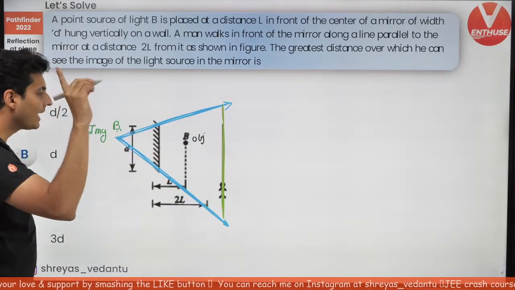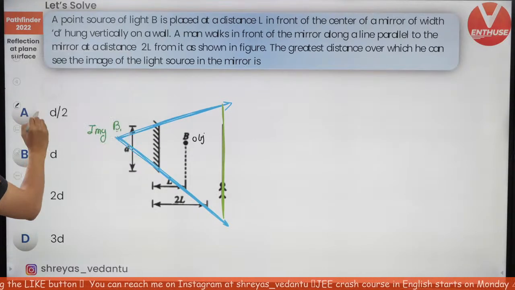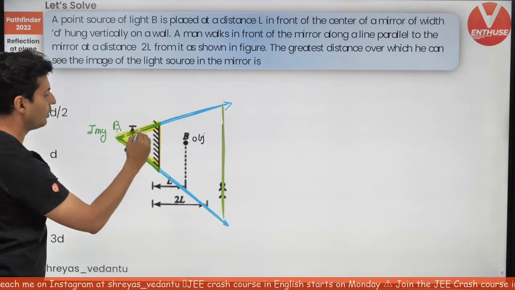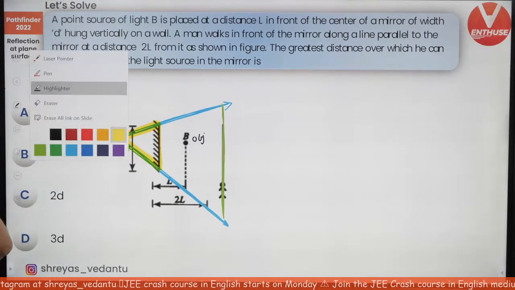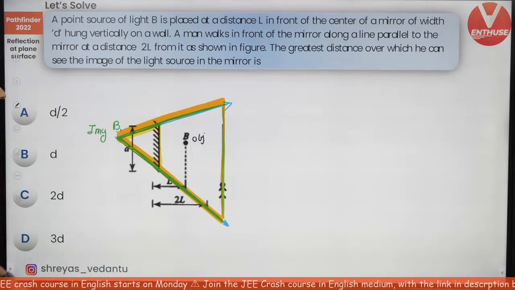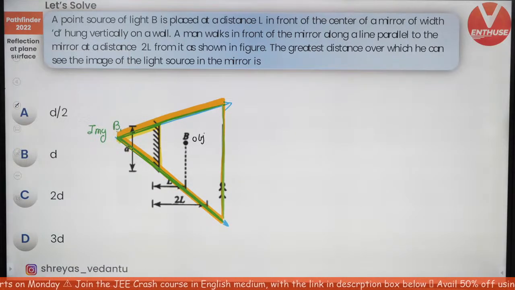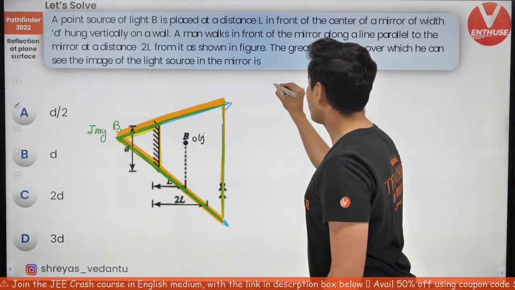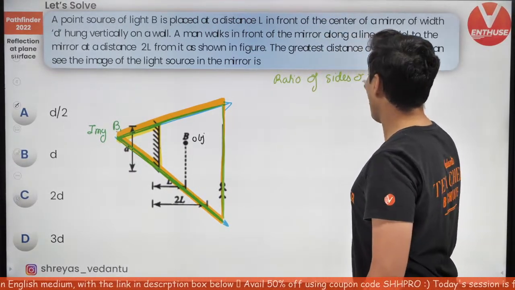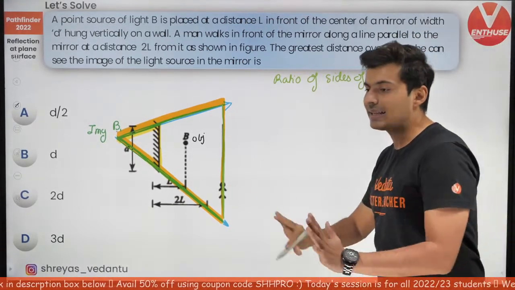Right over here, again, I see two triangles. I can definitely see two triangles. One triangle is this small triangle out here. And the other triangle that I can see very easily is the big triangle right over here. I feel these two triangles are similar to each other. That means the sides will be in the same ratio. What is the ratio of the sides of the similar triangles? Just tell me that. That's it, you'll get the answer.